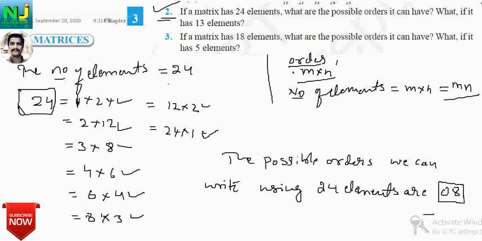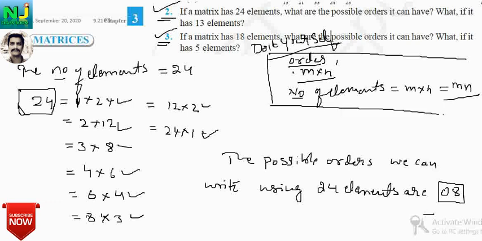So like that you can do yourself for question number 3. Do it yourself. ಪ್ರಾಬ್ಲಮ್ 3 ನ ನೀವು ಇದೇ ರೀತಿ ಮಾಡಬೇಕು. Problem 3 ನ ನೀವೇ ಮಾಡಿ. See the problem: if the matrix has 18 elements, what are the possible orders it can have? ನೀವು ಫಾರ್ಮುಲಾ ಚೆನ್ನಾಗಿ ತಿಳ್ಕೊಂಡಿರಬೇಕು, ಆರ್ಡರ್ ಕೊಟ್ಟರೆ ನಂಬರ್ ಆಫ್ ಎಲಿಮೆಂಟ್ಸ್ ಹೇಗೆ ಕಂಡುಹಿಡಿಬೇಕು ಇದು ಗೊತ್ತಿರಬೇಕು. ಸೊ ದಿಸ್ ಇಸ್ ದಿ ಪ್ರಾಬ್ಲಮ್ ನಂಬರ್ 2. So we go to problem number 2 and problem number 3. So we go for problem number 4 and problem number 5.